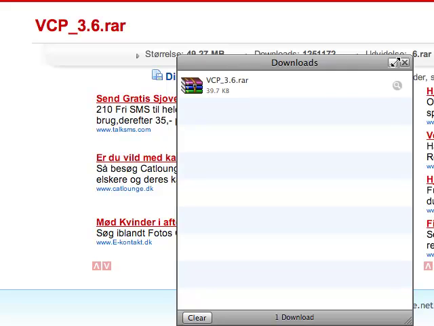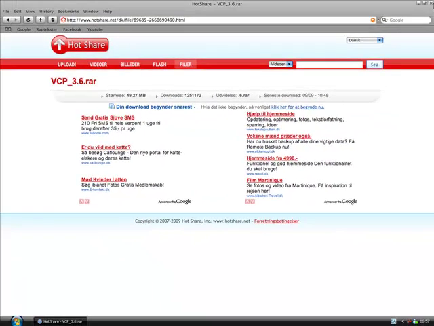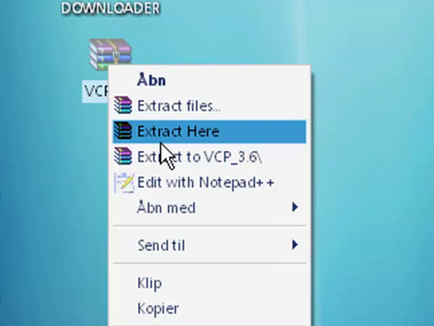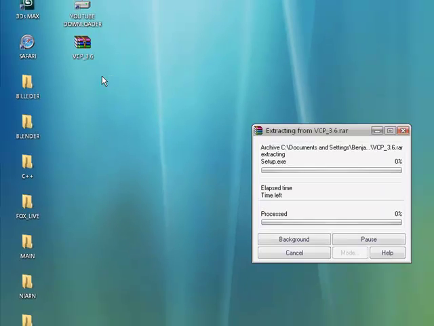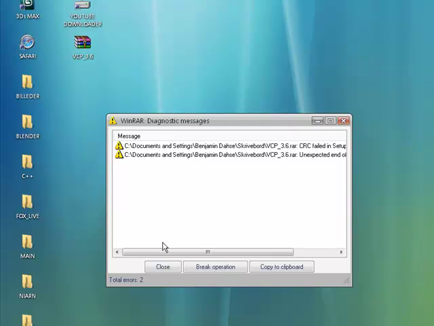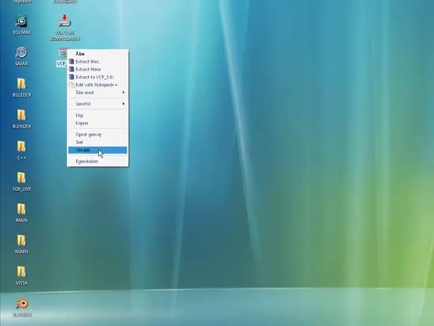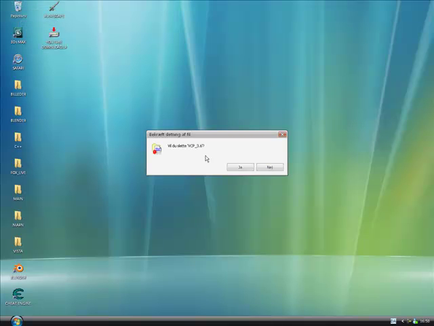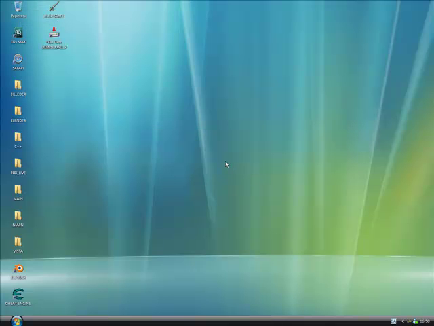where it is. Now that you have downloaded it, you go to the directory where you saved your file. By the way, you need WinRAR for this tutorial. Now you hit extract here on the file, VCP thing. And now I get some error message, and that is probably because I already did install this once, but you shouldn't get that. You just hit close. Now, when this file is actually extracted, you should get a file on your desktop, an exe file called setup. You run it and you just do a basic installation, hit next and run and install and that kind of